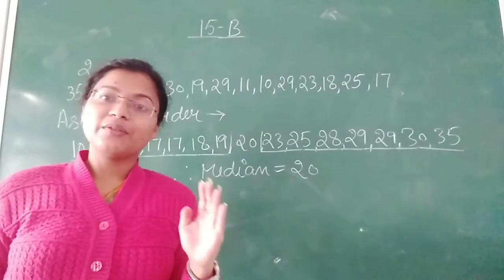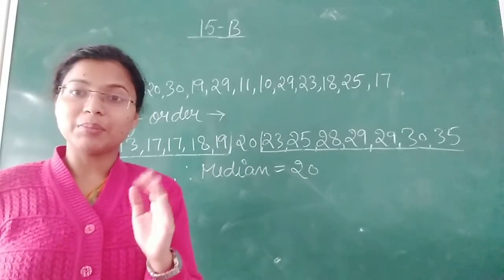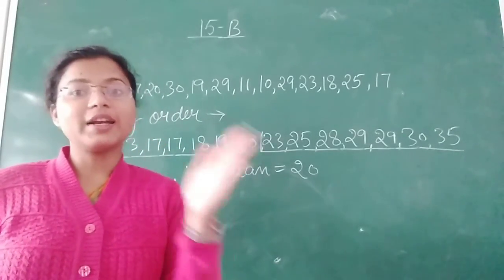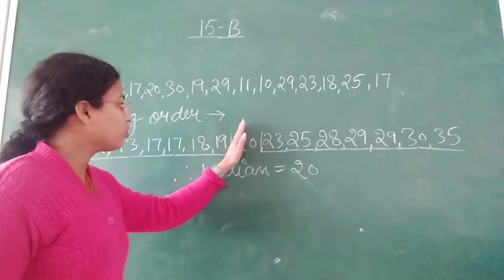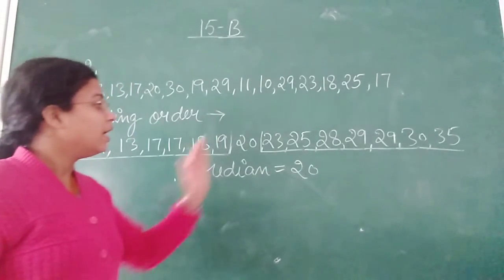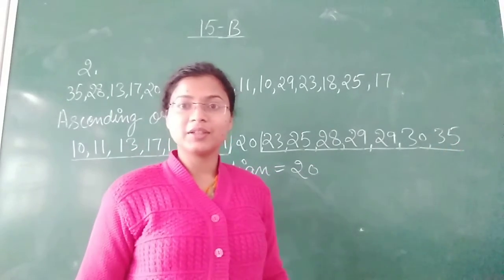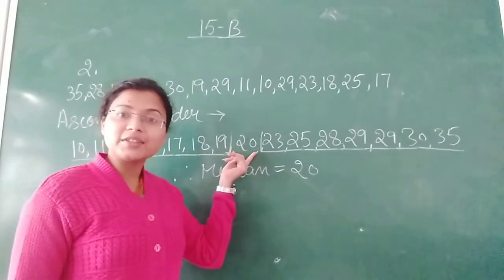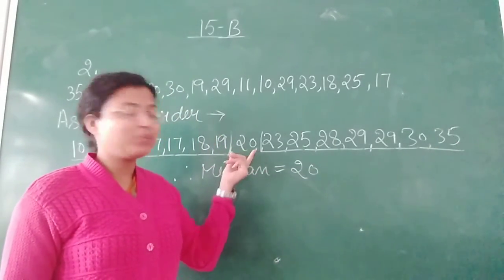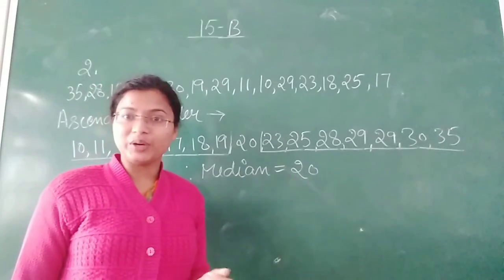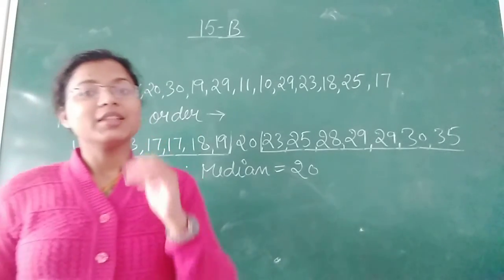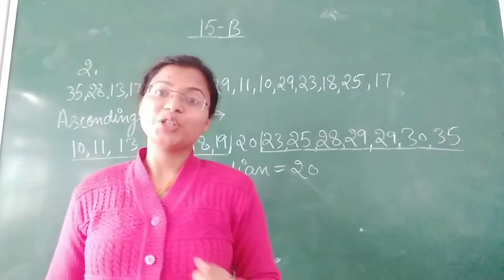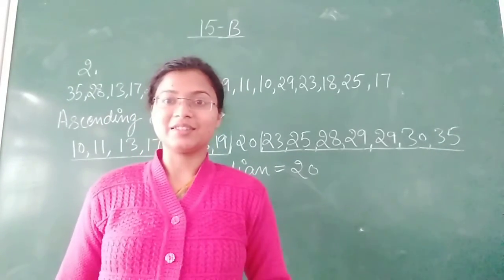Okay, it is already given that the number is 15. So just divide them equally. So I am going to take 7 from the front and 7 from the back. So we will get the middle term as 20. That means our median will be 20. If an odd number is given, then directly by dividing them into equal parts, we will get the median.